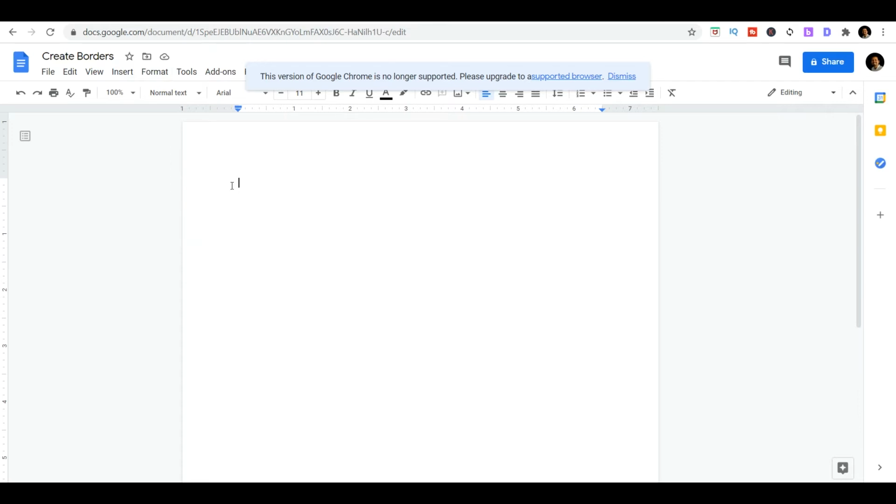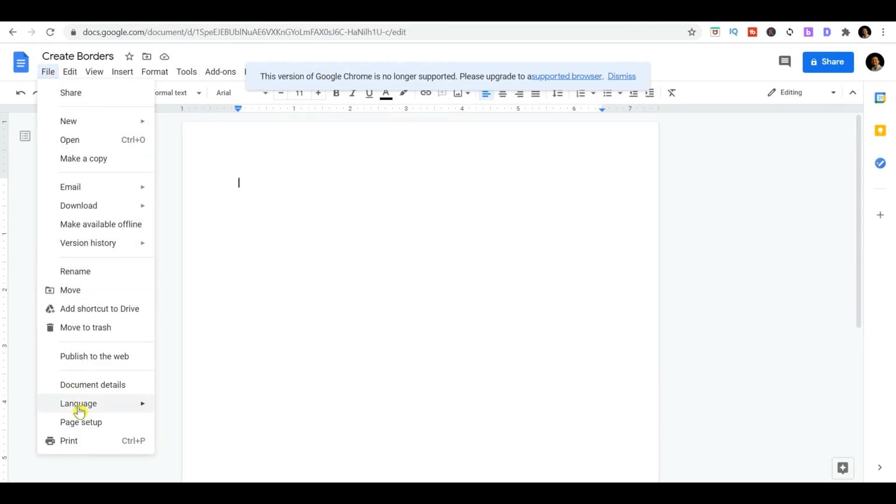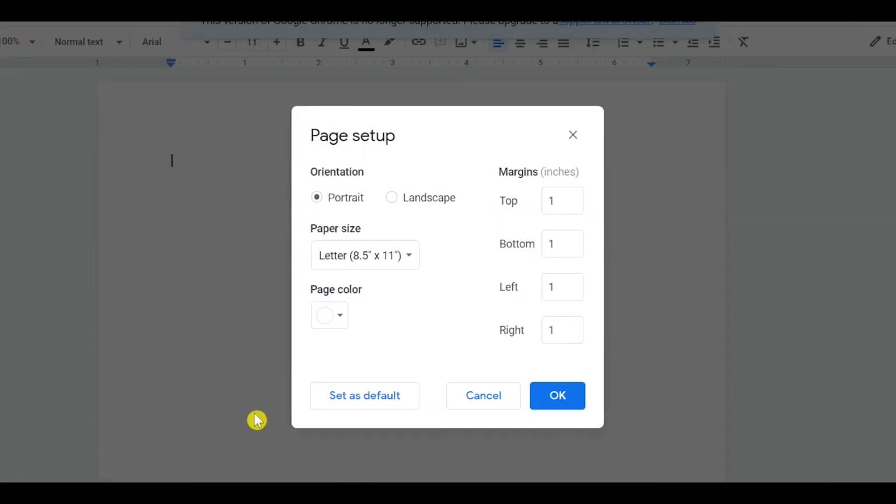So I want the margins to decrease across the page on 4 sides. So how would I achieve that? The way I can do it is I go to File and Page Setup, and here are the margins that I need to increase or decrease. So let me put it as 0.5 across all the areas, top, bottom, left and right. Okay, so let me make it 0.5 here, and also for the right I make it 0.5.